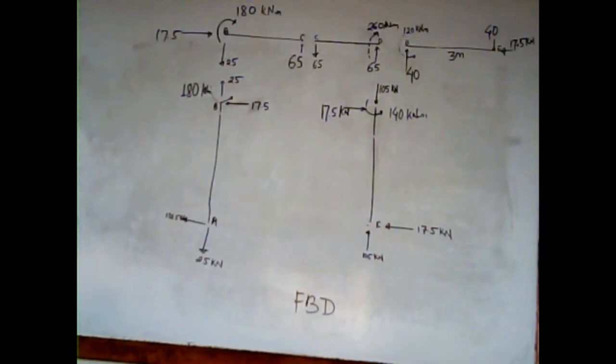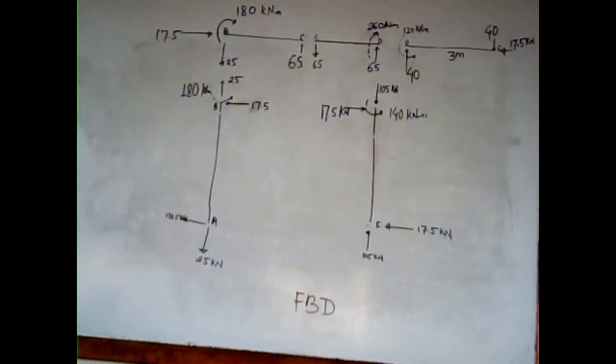This 65 into 4 is making an anti-clockwise moment, and to balance this we need to put a clockwise moment of 260 here. Likewise, at joint E there is a downward force of 40 kilonewton,